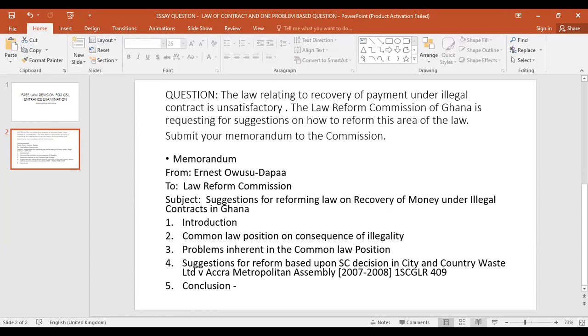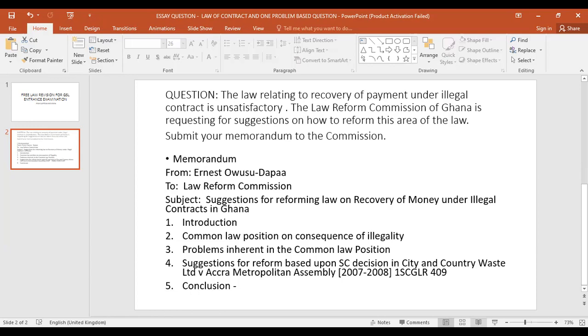And this is a very good time for such a project to have been embarked upon by the Commission, especially so when we cast our minds back to a decision which the Supreme Court gave around 2007, in which the